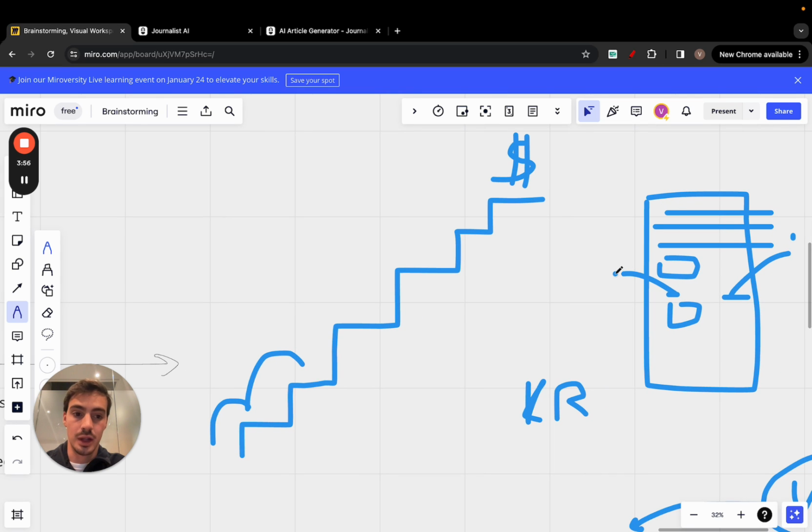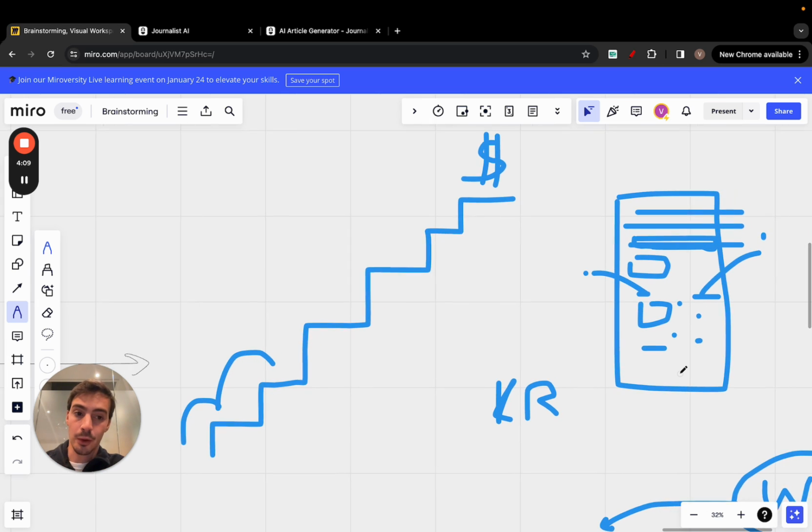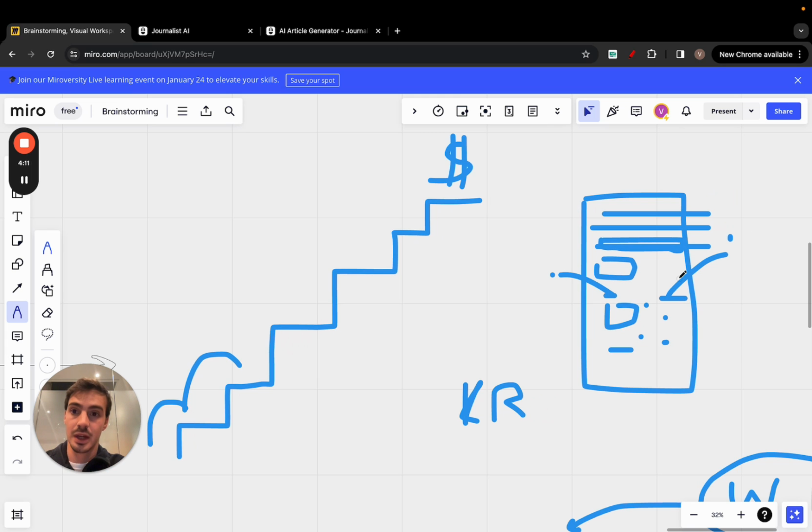Links throughout the article. Maybe you want to add external links, so links linking out to authority sources in your niche. Maybe you want to add, of course, a table of contents so it's easier to read, so it's not that hard on the eyes. Tables, bullets, quotes, right? All these visual elements that help people not only read the article, the written piece, with ease, but also it makes them a bit more engaged in what they're doing, right?